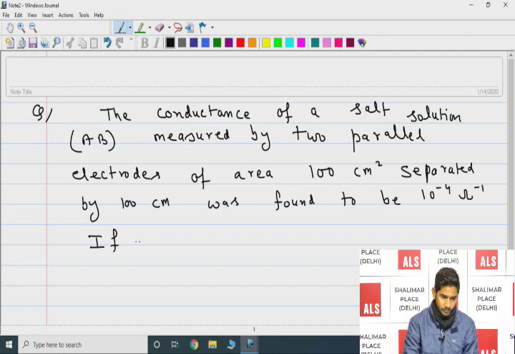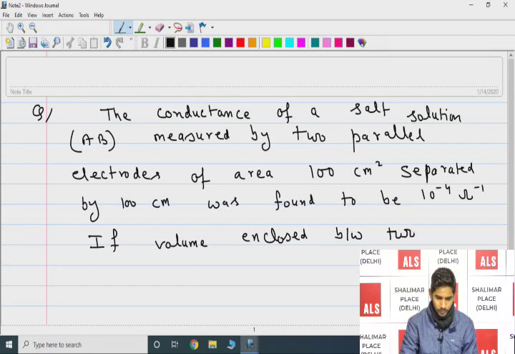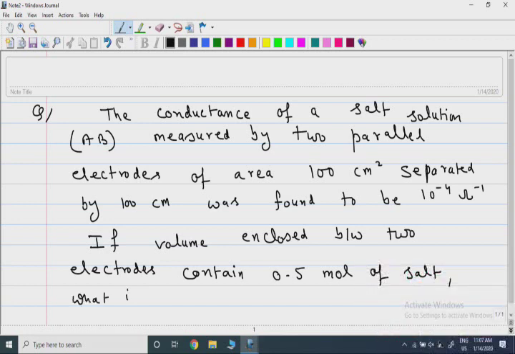If the volume enclosed between the two electrodes contains 0.5 mole of salt, what is the molar conductivity of the salt